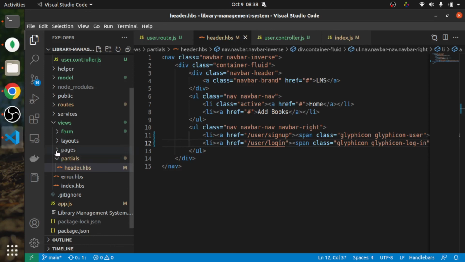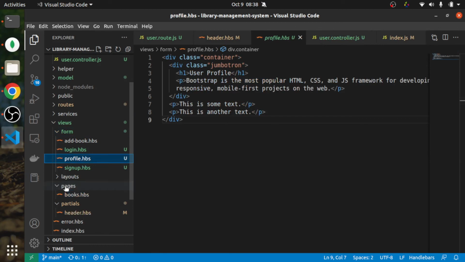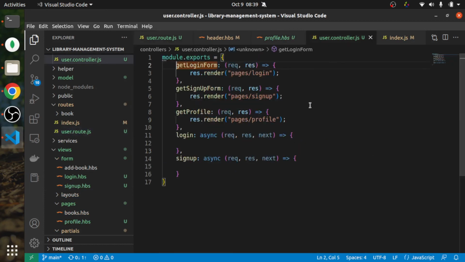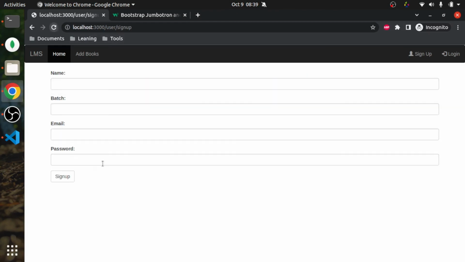What is wrong? Pages. Okay, where we have created this thing. Okay, so we have created login and sign up in the form folder, and profile should be in the pages. Okay, so we have to make one change in our login form. So here it will be form, and this will be pages. Okay, correct. Now this should work. Okay, go refresh this thing again. Okay, look,